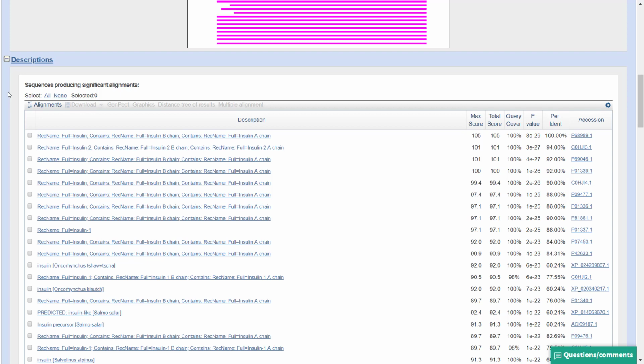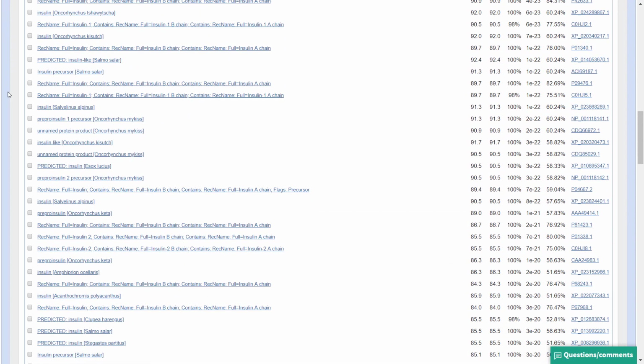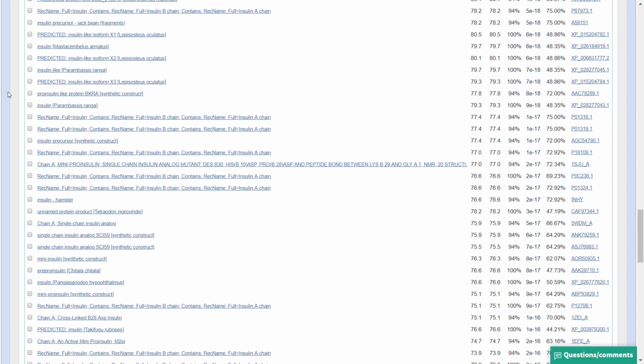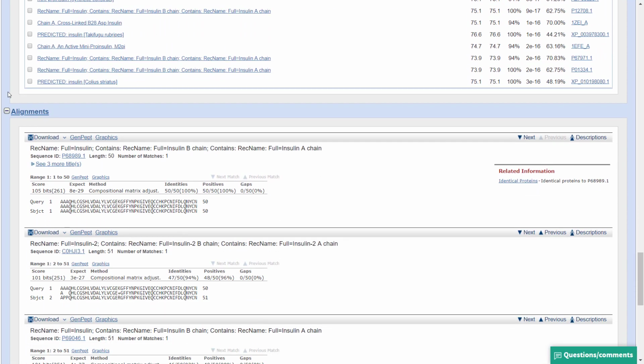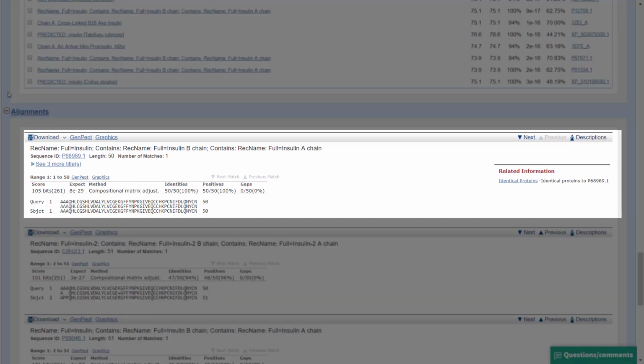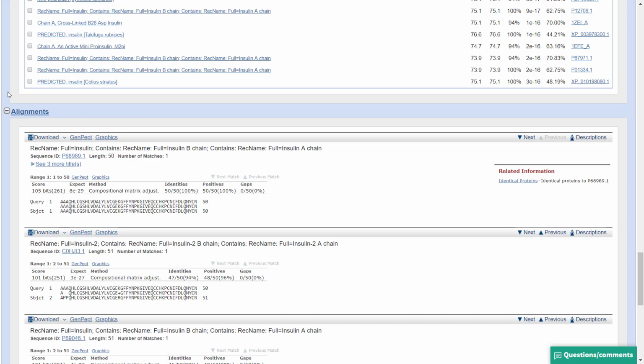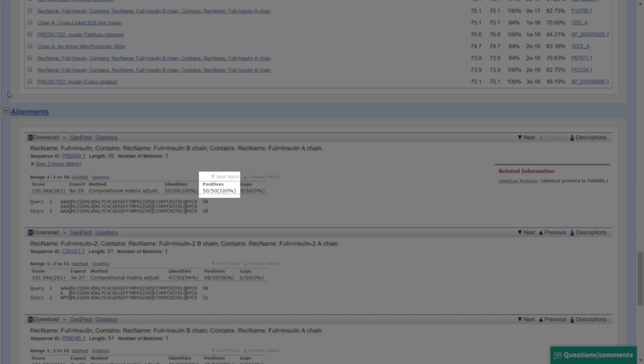The last part of the results page presents the alignment of each result with the query sequence. All output parameters are also presented. Please note that the percentages value given at the output table presents only the percentages of identity, but in the description of the actual alignment you can see the percentages of similarity as well.